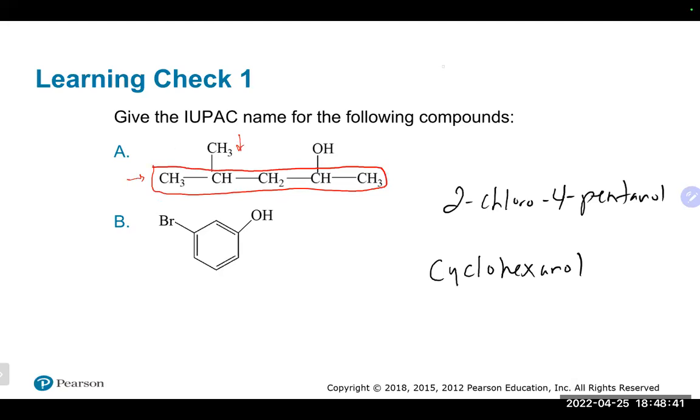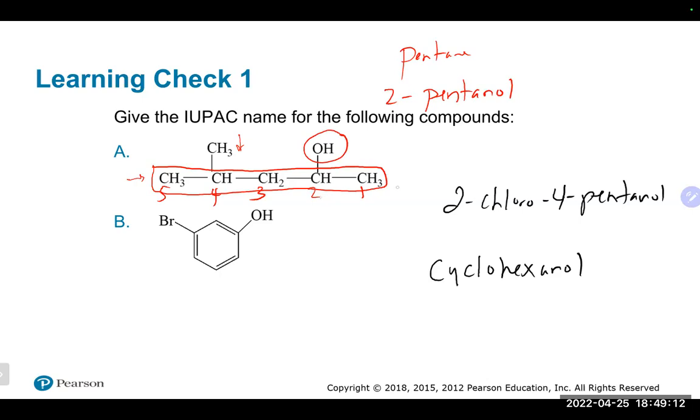So 5 carbons is based off of pentane. It obviously has an OH group, so we're going to get our pentanol. Because again, it has more than 3 carbons, we need to actually give the location of that. By looking at it, if we go right to left, that will give our OH group the smaller number. That means this should be 2-pentanol for the location of the OH group.